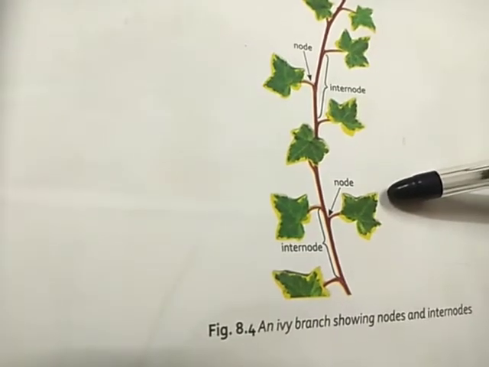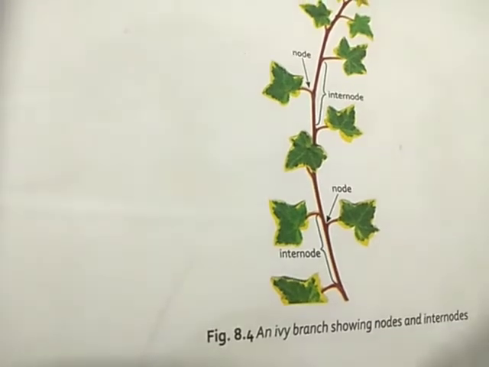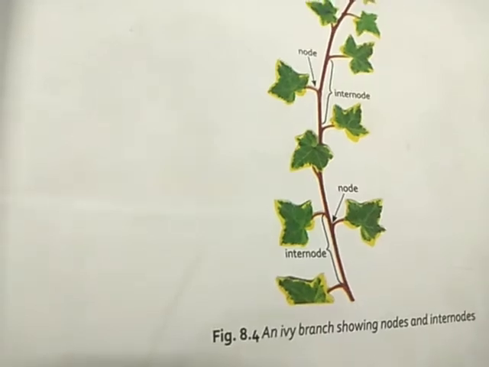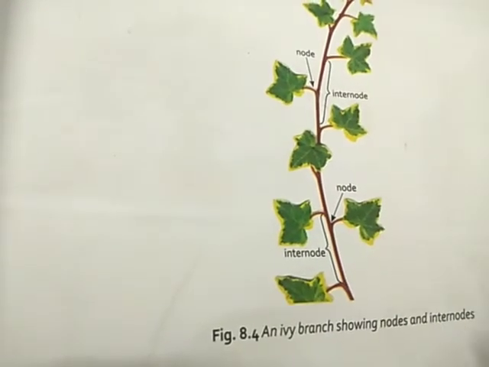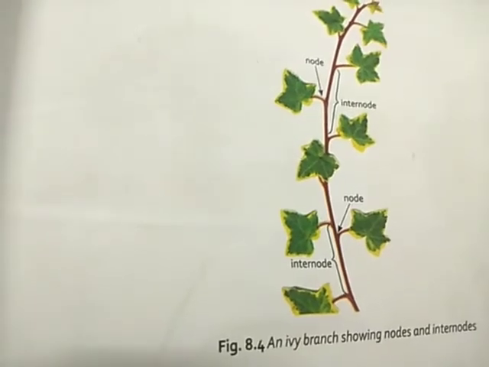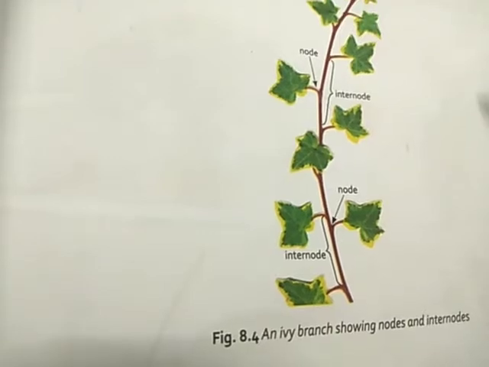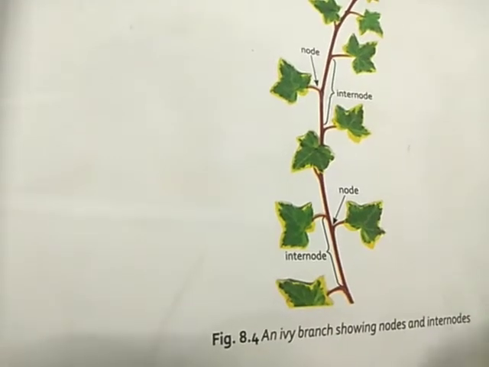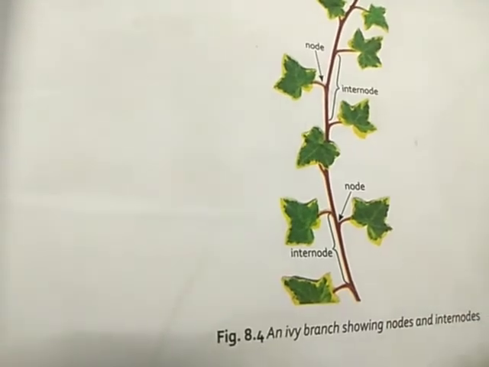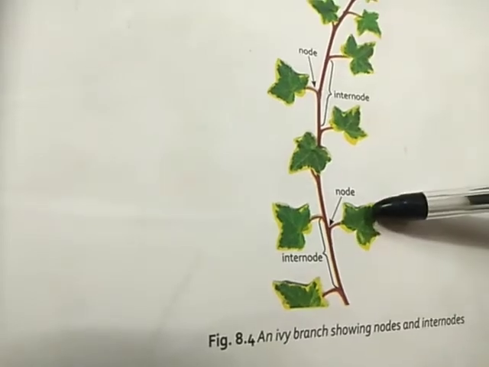The second is transport. It transports water and nutrients. As I told you, the roots absorb water from the soil, and the stem will transport it. What is the meaning of absorb and transport? Absorb means to take. Transport means moving from one place to another. Right? Here the stem helps to transport water and nutrients from the root to the different parts of the plant.